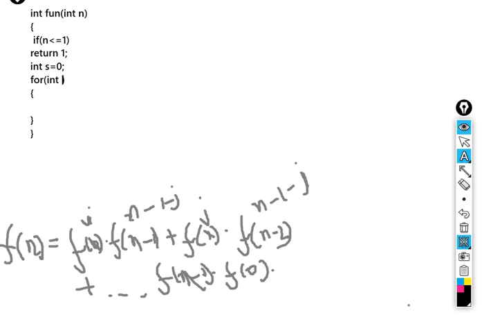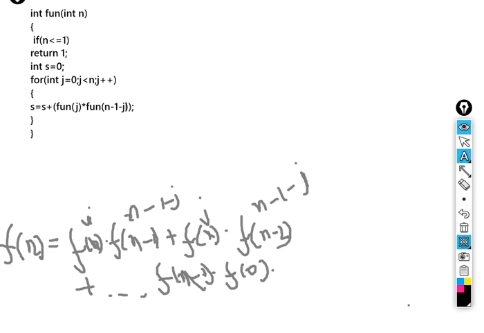So I would run a j loop because I had replaced these parts with j. So j would run from 0, j less than n, j plus plus, and s would be nothing but s plus fun of j into fun of n minus 1 minus j.